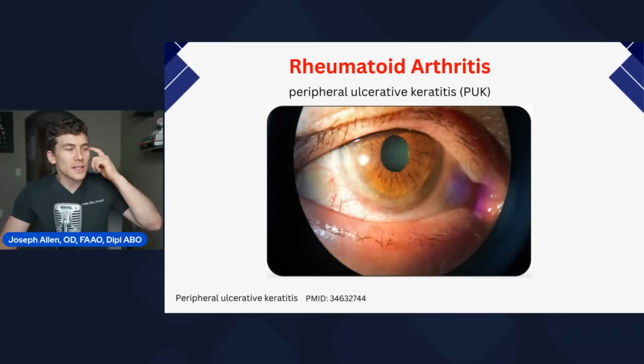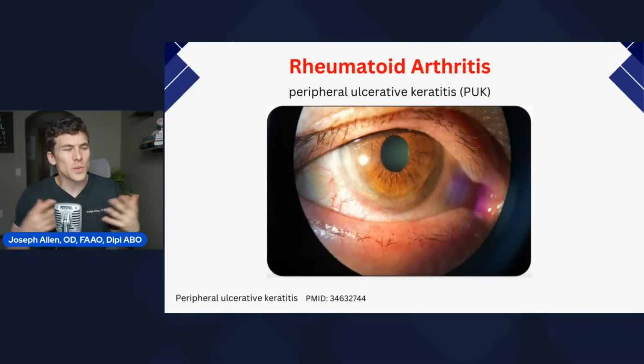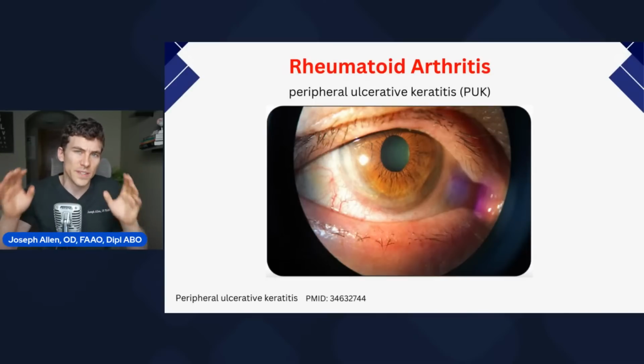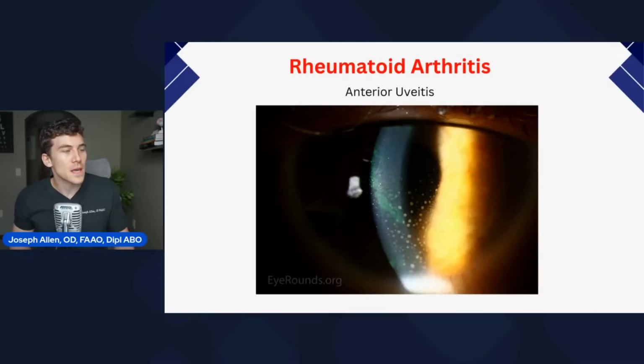This next one is called peripheral ulcerative keratitis. Again, rheumatoid arthritis is connected to this. And this is where the cornea on the surface of the eye, the window to the eye, becomes thinner. And it's always in the peripheral cornea. It's not dead center, but it can be progressive. And it can be concerning. And as an eye care professional, we have to detect this and consider different treatments. The other one that I see a lot more frequently, and manage quite a bit in our clinic, is anterior uveitis.